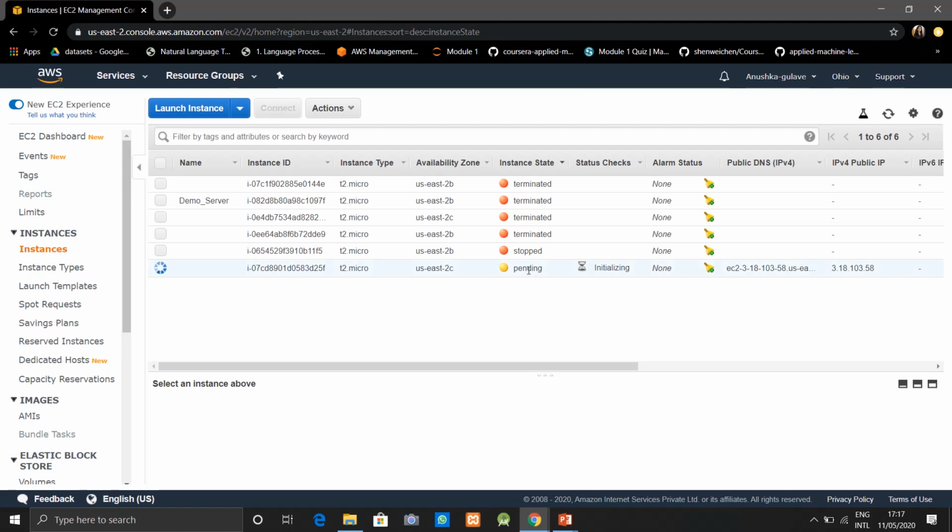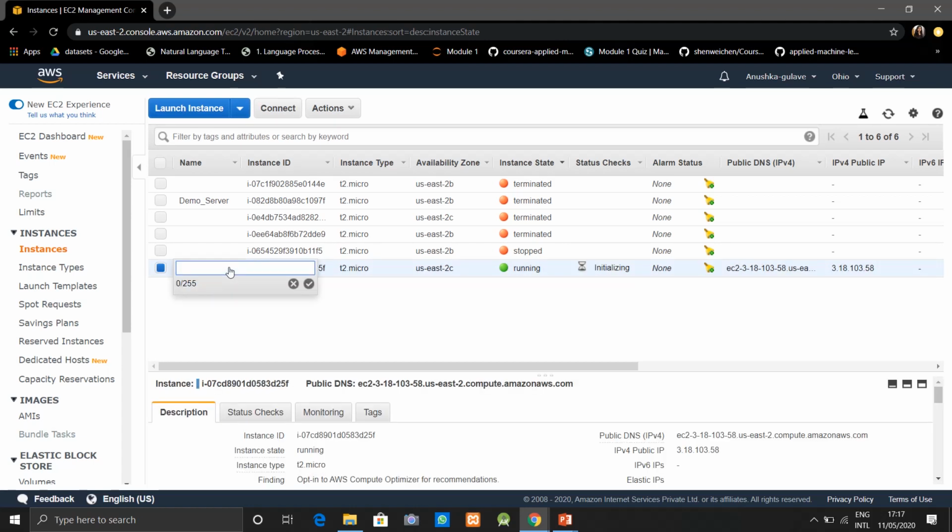The status is still pending. Let's wait for some minutes. Now you can see our status is running. So let's rename our EC2 instance as demo server.